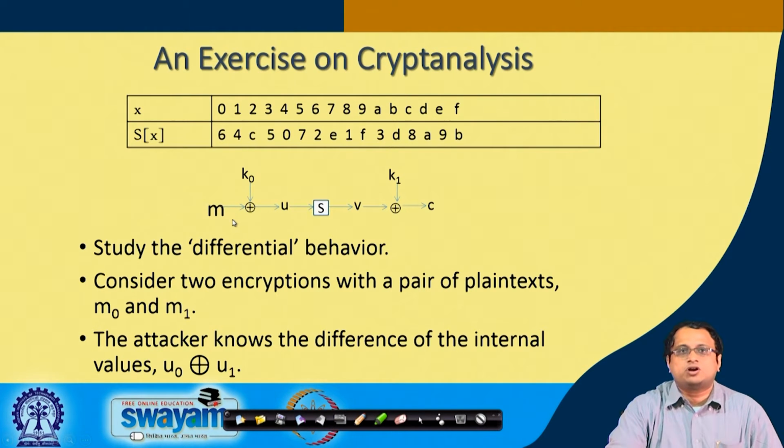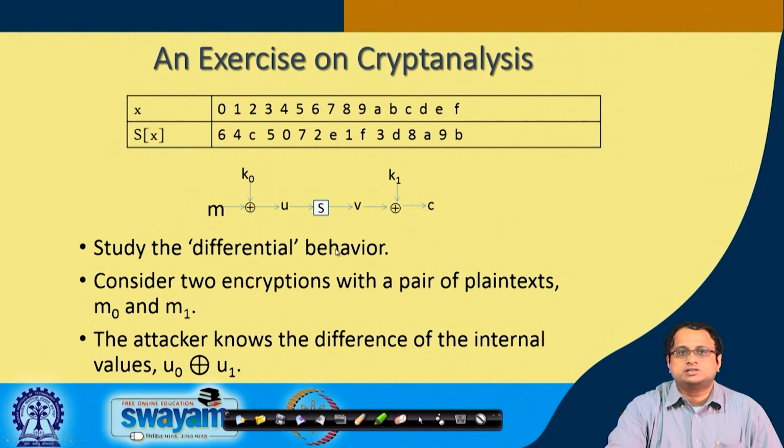So, suppose I have got a message M, I have got this K0 key, and I obtain some intermediate data which is called U and pass it through an S box. The S box is a small S box which I have shown here in the table. That just stands for a mapping. That means, if I have got 0 as input, then this gets mapped into 6. If 1 is an input, it gets mapped into 4 and so on. So, you can imagine that this is just a lookup table. So, this S box or S function does that lookup and transforms U into V, and finally, I XOR with K1 and I get C.